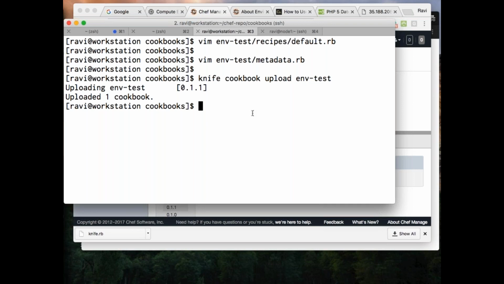Right? Making sense? I know it is confusing, but once you start, that's it. You will say apply the specific version. Where is that file? Default.rb.